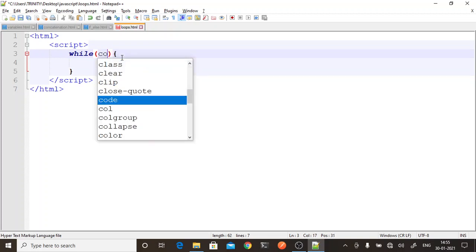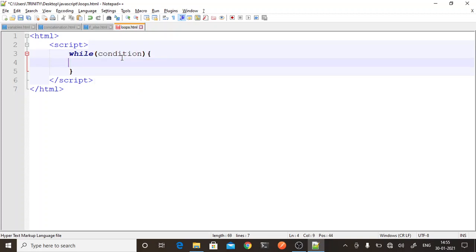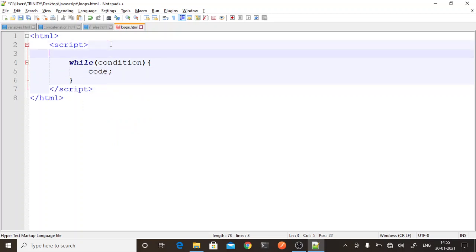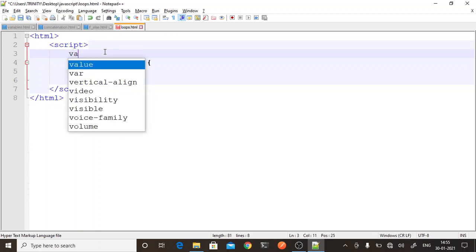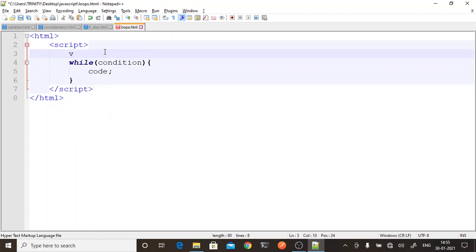In a while loop, here you will write the condition, and if the condition is true, this code will be executed. And it is a loop, so it will run a number of times. Here you will initiate a variable. We declare the variable with let, as we are using it in loops. I will declare it as 1, and then we need to iterate it in the end: i is equal to i plus 1, so that at some point it will come out of the loop.